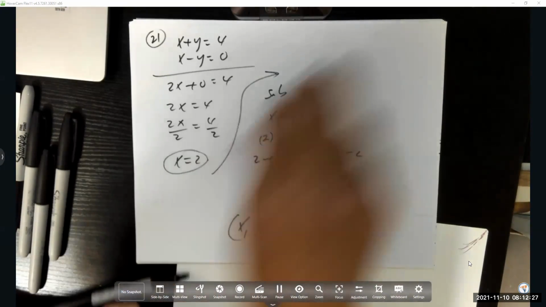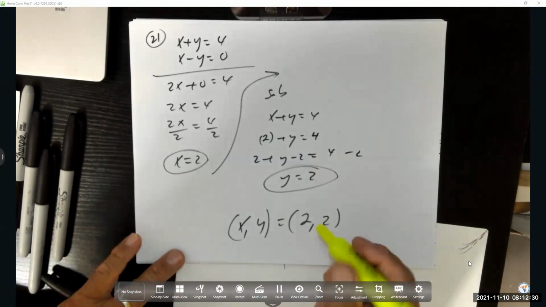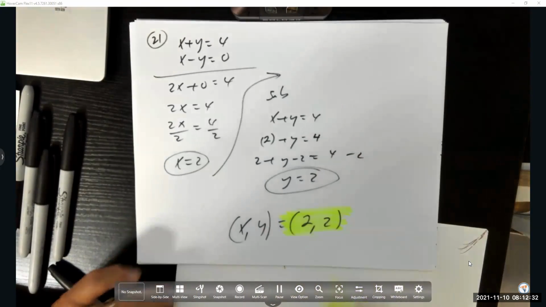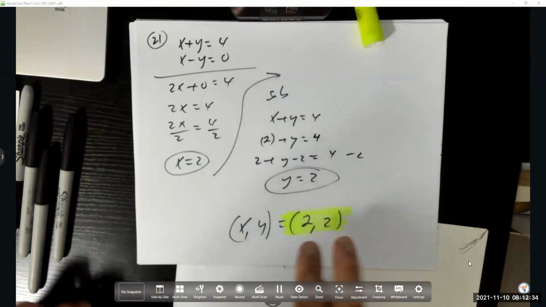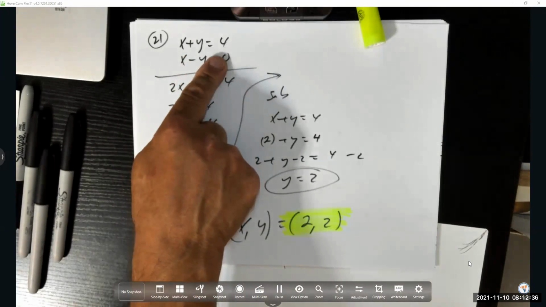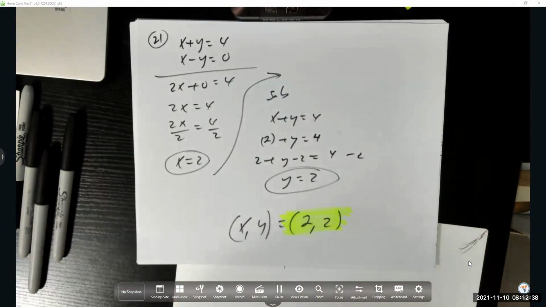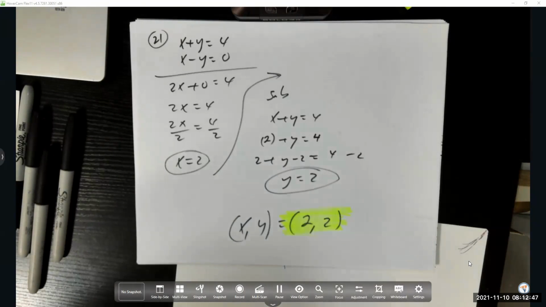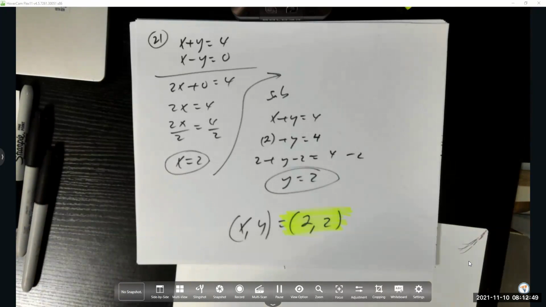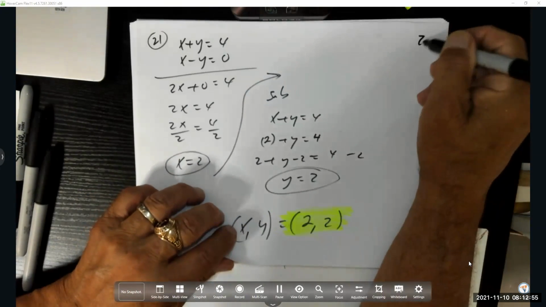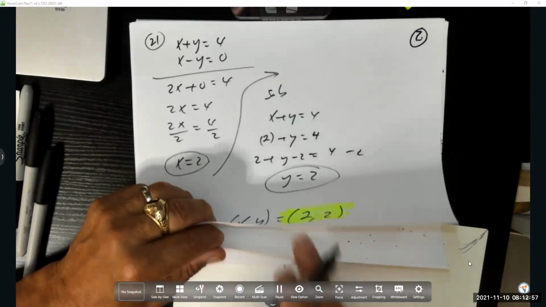Does that work? Let's see. You think this works right here? What do you think? 2 and 2. If I go 2 plus 2, does that give you 4? Yes. If I go 2 minus 2, does that give you 0? You say yes? Okay. All right, now let's make it a little bit harder, okay? This is page 2. All right, so now on the next page,